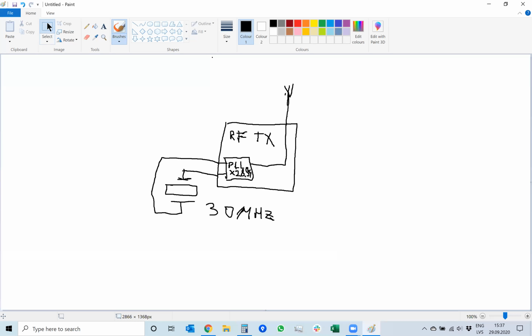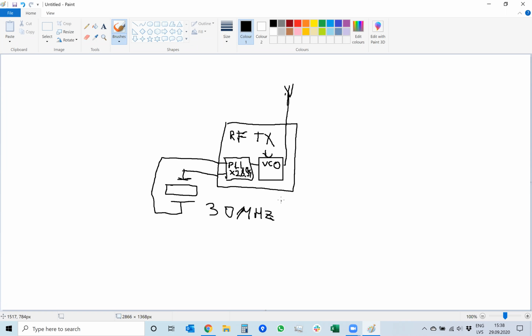But, well, to be perfectly precise, there is another block which manipulates the frequency also a little bit, you know, to change from ones to zeros and back. So there will be some kind of voltage controlled oscillator. So the PLL generates the center frequency, and then the voltage controlled oscillator shifts a little bit higher or lower.